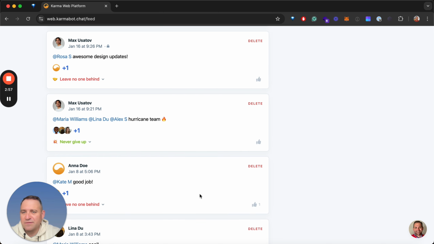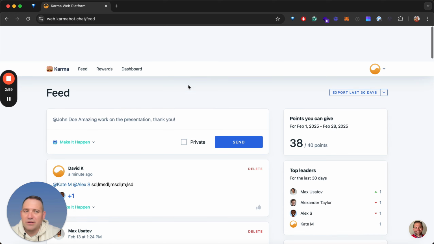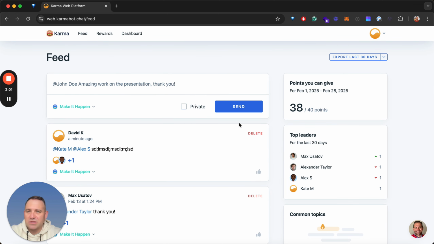This is just an infinite feed. You can scroll down, and that's how you get to the end of it. At the end, you can export data for the last 30 days or for all time. It'll be a nice CSV export. It'll have whoever gave Karma, whoever received Karma, description, value, and date,